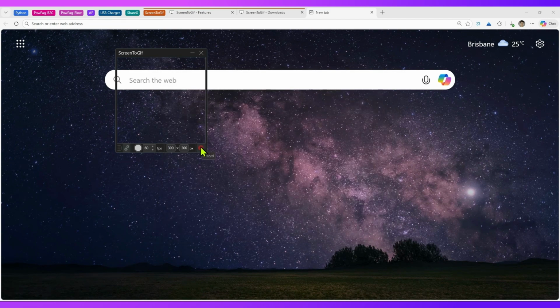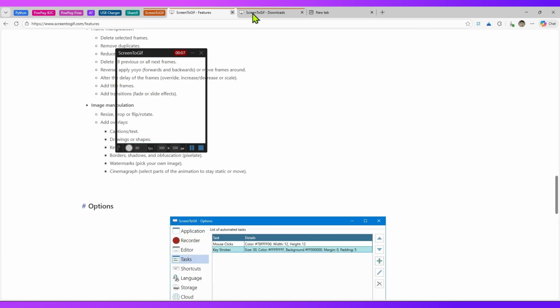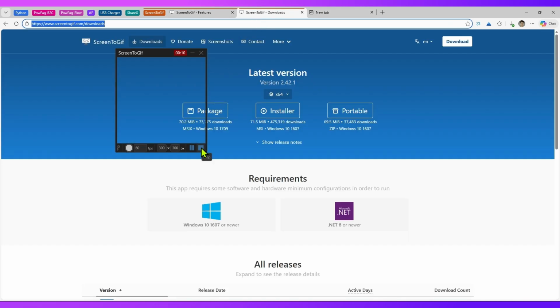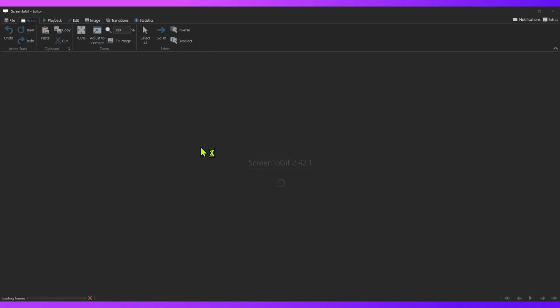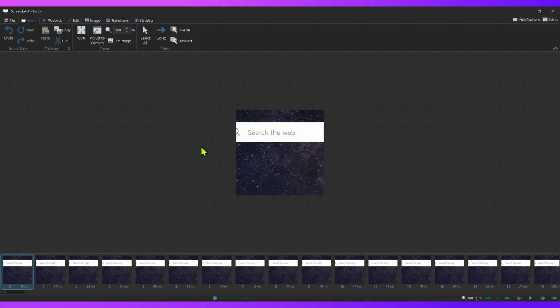Now in order to record, I'll click on record, and then it will start recording my screen, and once I'm done with it, I'll just click on stop. The moment you perform an operation, it will always open an editor, like how we saw in the whiteboard. So it has captured this